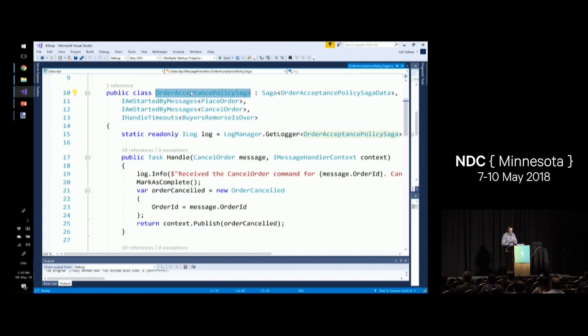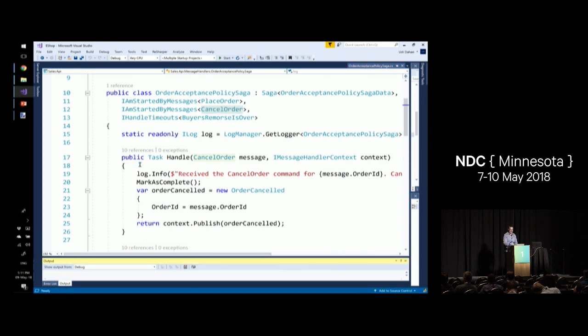So here you can see that we have an object that is started by a place order command. It also handles timeouts for when the user's buyer's remorse period is over, and it also can handle the cancel order. Now, again, we don't have time to delve into all of the nifty things that sagas enable you to do, but what I'm going to do is run this so that you can see that behavior